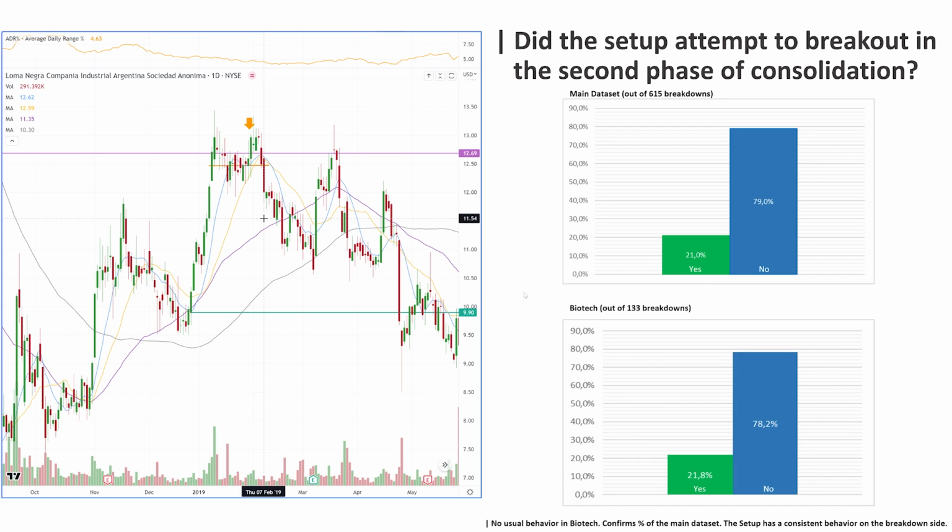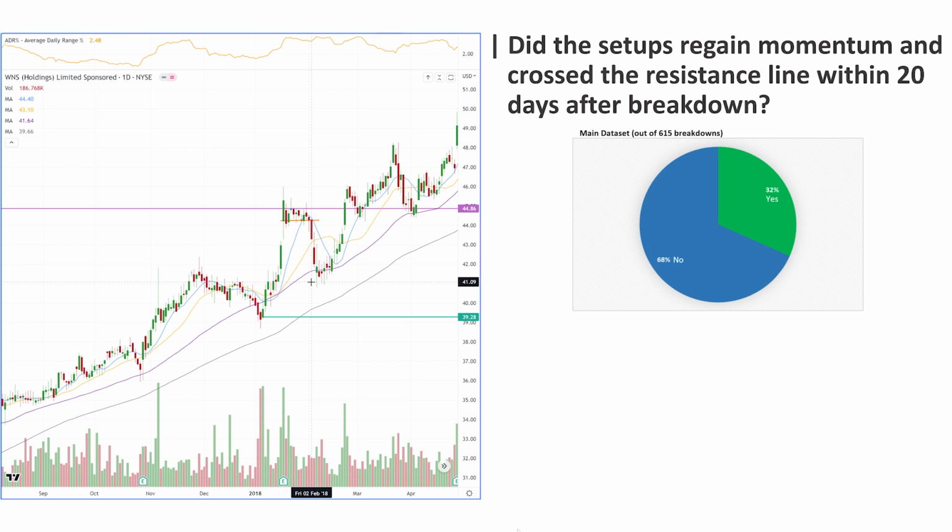And when looking at Biotech, out of 133 breakdowns, 21.8% had the same type of behavior, very consistent between the two datasets. So no unusual behavior on Biotech confirms the percentage of the main dataset, that the setup has a consistent behavior on the breakdown side. Another question related to momentum was, did the setup regain momentum and cross the resistance line within